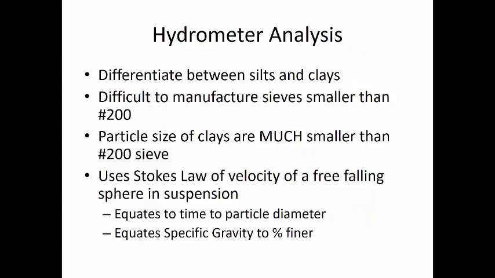Okay. So to go into a little more detail about what the hydrometer test actually is, we've already mentioned that it allows us to differentiate between silts and clays, but it also gives us the distribution of the fine-grained soil as well. We can estimate that the clays begin at about 2 micrometers, and silts are above 2 micrometers in the fine-grained soil range. However, in order to understand the actual behavior of the soil, we really need to know how much clay is in the material, and it's very difficult to do that with a sieve analysis